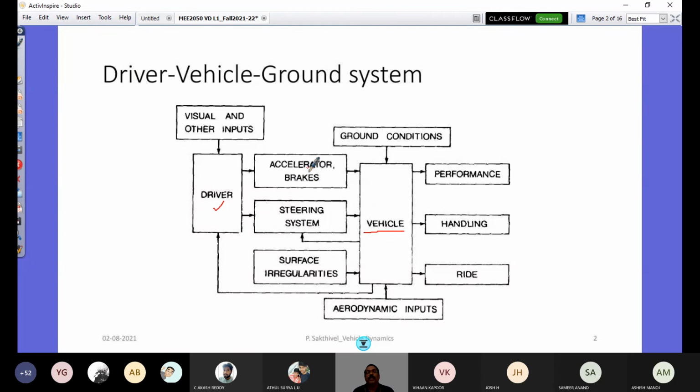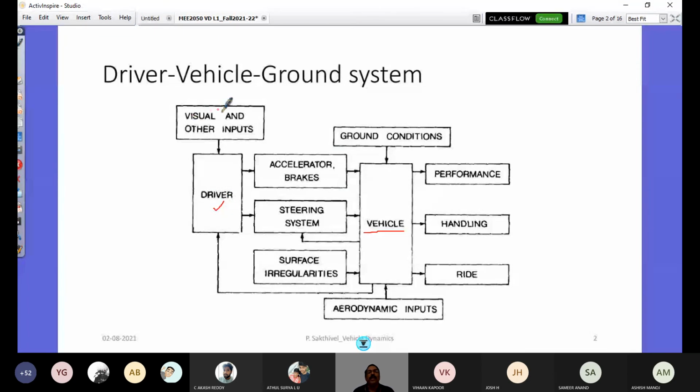And this is not a simple open loop system. This is called a closed loop system. If you look at the arrow that flows from block to block, they are connected here. So look at the driver, who cannot just give it like that. Most of you would know driving and you would safely drive your vehicle. You drive because of the visual and other inputs that are on the road. So you drive safely, you don't hit anybody or get your vehicle hit by others. It's all because you have a clear understanding of the environment.